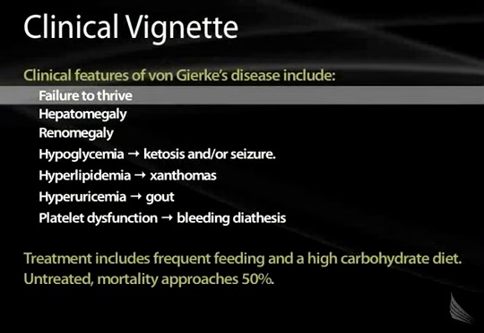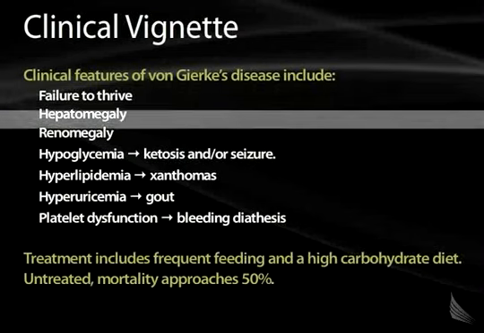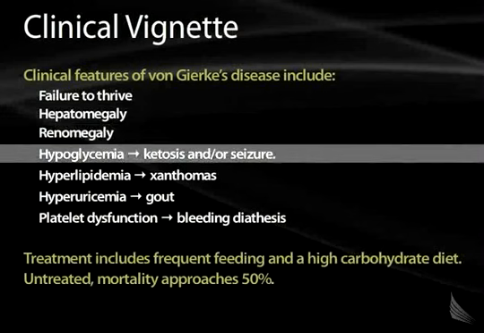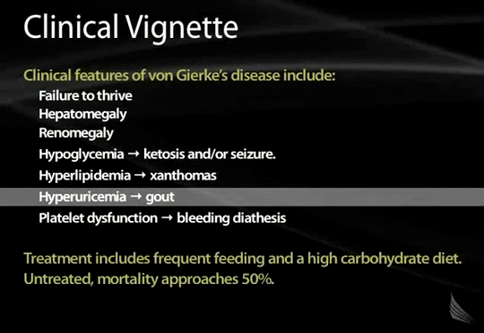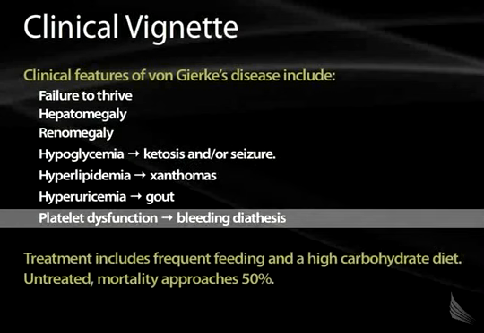This usually presents in infants: hepatomegaly, renomegaly, or enlarged kidneys, and hypoglycemia, which can lead to ketosis and/or seizure. The hypoglycemia is caused by not only the defect in glycogen degradation, but also a defect in gluconeogenesis because glucose 6-phosphatase doesn't work properly. You also get hyperlipidemia leading to xanthomas, hyperuricemia leading to gout, and platelet dysfunction leading to